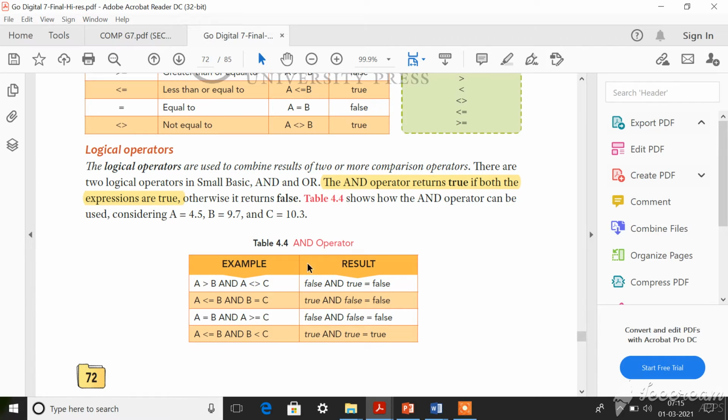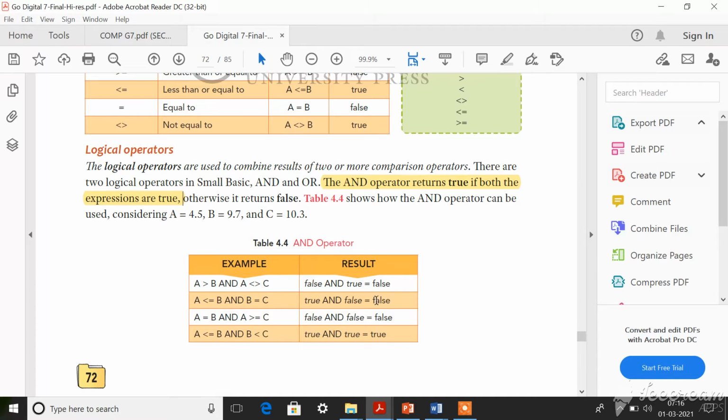Okay, so whenever one result is false and another is true, the answer is false. So AND operator will return false if one among the two operators returns false. Okay, but if both the operators return true, look here also it's true and here also it's true. Therefore, the result is true here.